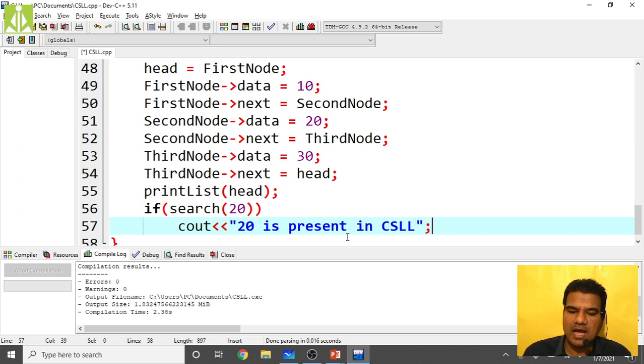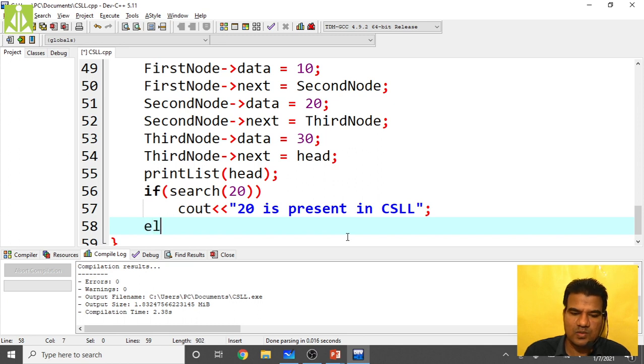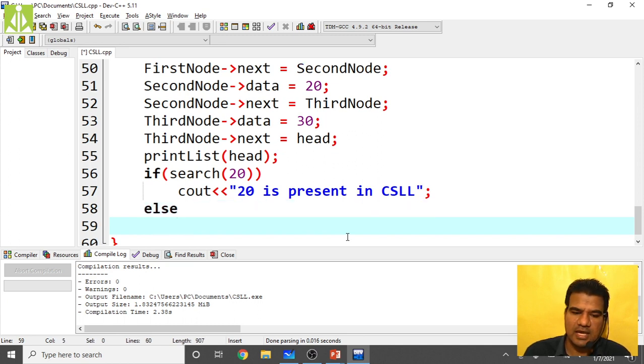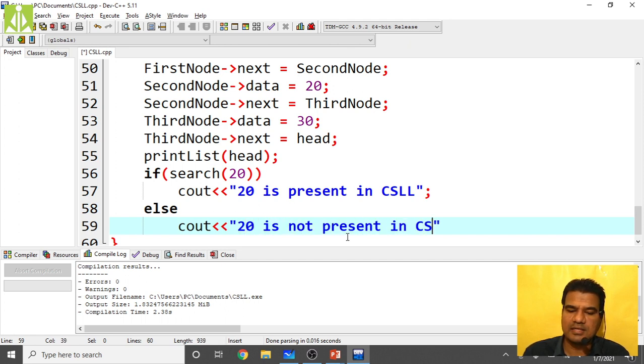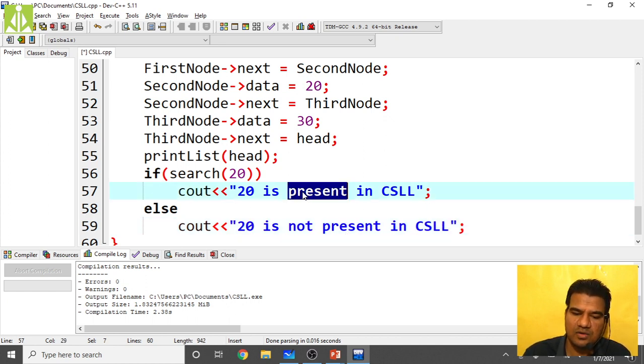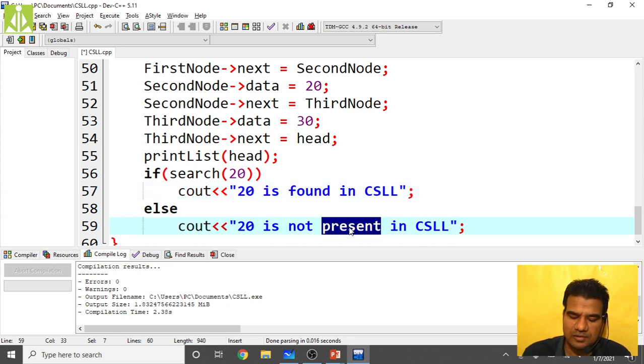Otherwise, in the else case, whatever key value we have taken, our key value is 20 now, so 20 is not present, or not found, in CSLL.